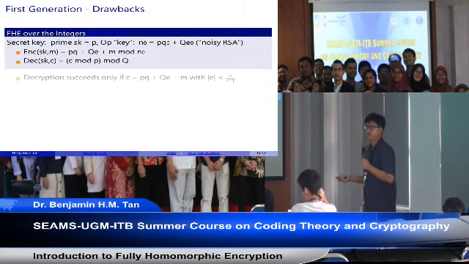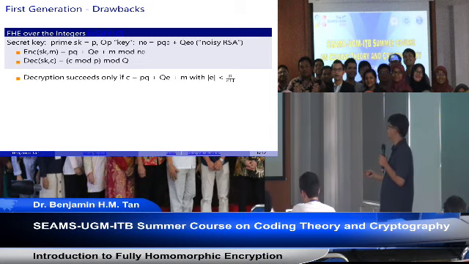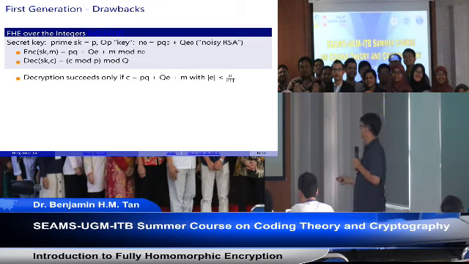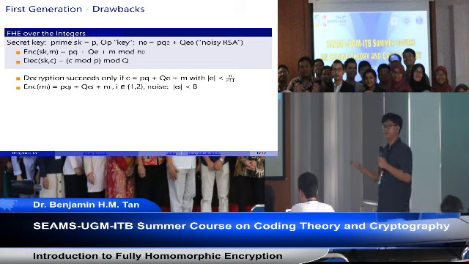So when you try to decrypt, you will only succeed and get your correct message if the ciphertext has this form and the error is bounded by this term, P over 2Q. Basically, you need to make sure that QE plus M does not overflow modulo P. And so if we have encryptions of two messages, M1 and M2, like so, and we assume that the noise